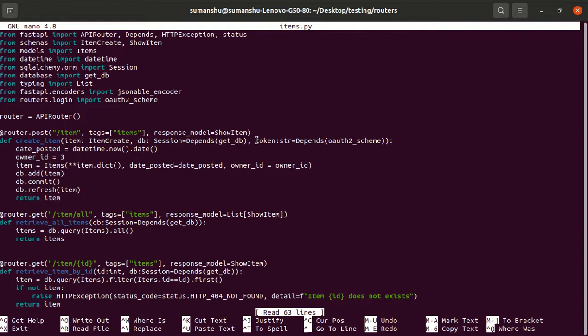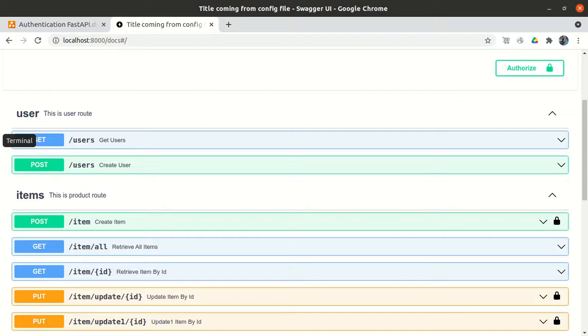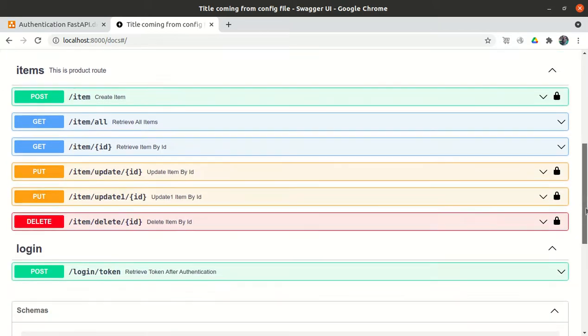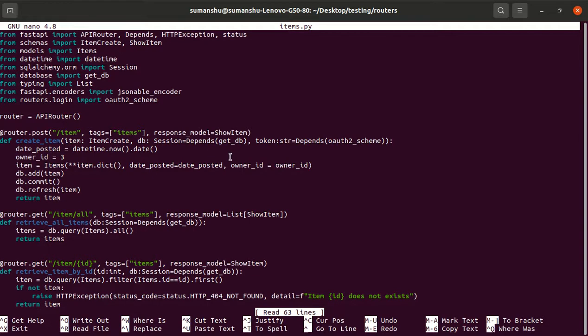So here we are in the create item, because we have to implement that logic into the create item, put item and the delete item, and all three logic will remain the same. But first we implement it into the post item, like the create item, right? The create item will take a token as an argument. Now we have the token. The token is encoded, so we have to first decode the token, because that token contains the particular email.